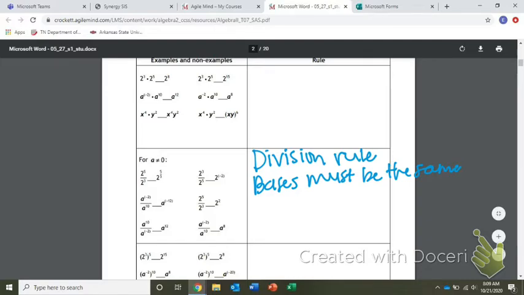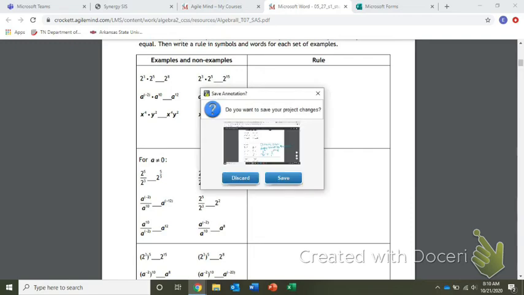Bases must be the same. Okay, so we have an x to the a and an x to the b. Well, guess what you do now? x to the a minus b. So here, when you are dividing, you can subtract your exponents if the base is the same. Okay, so remember, division, subtract exponents if the base is the same. Okay? So now on your examples,